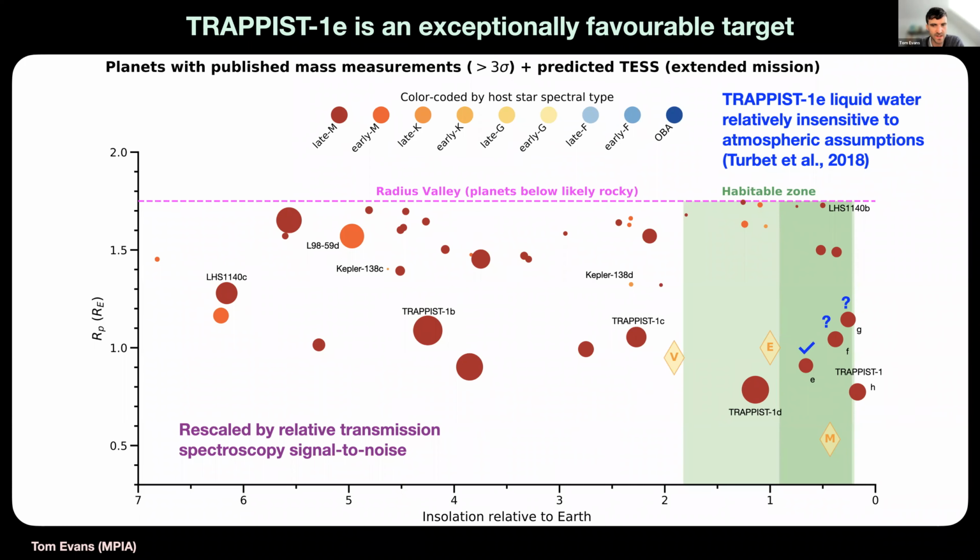But in any case, there haven't been any Speculus discoveries published yet, so it's not clear how or if they're going to affect this plot very much. And the bottom line is that for now, TRAPPIST-1e really is the best target that we have and possibly ever will have for conducting a biosignature search using transmission spectroscopy.